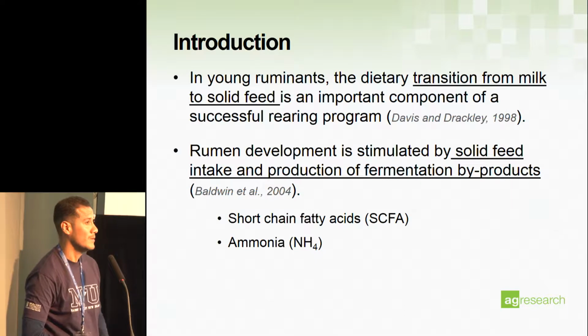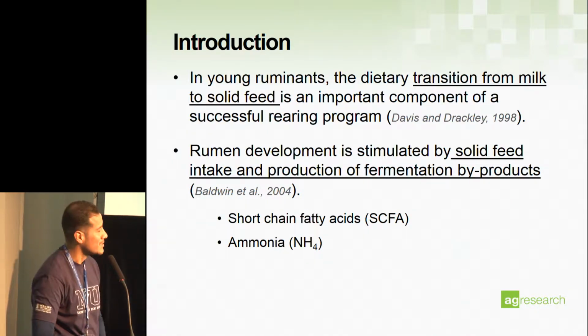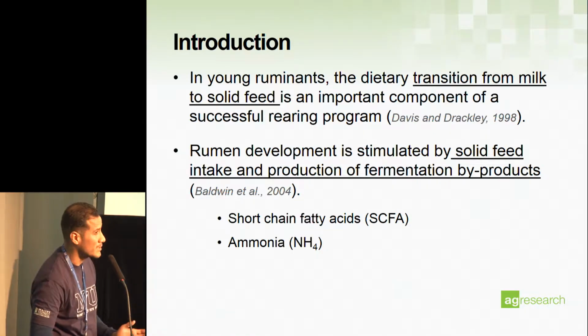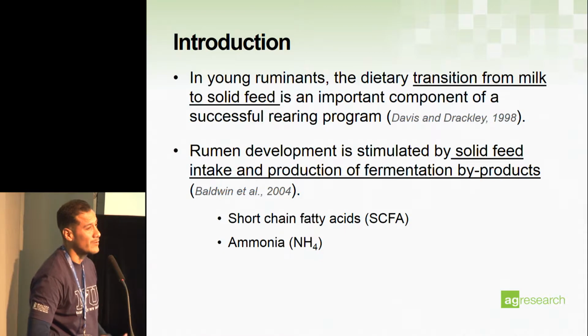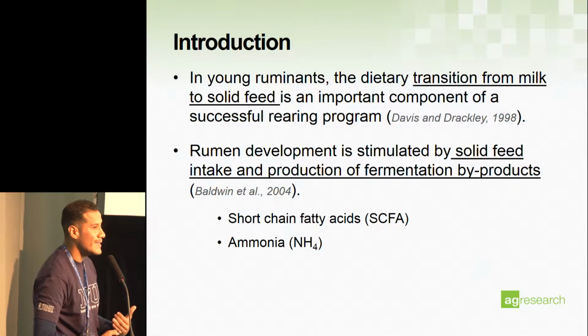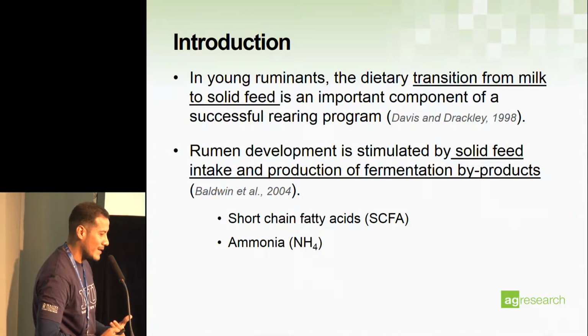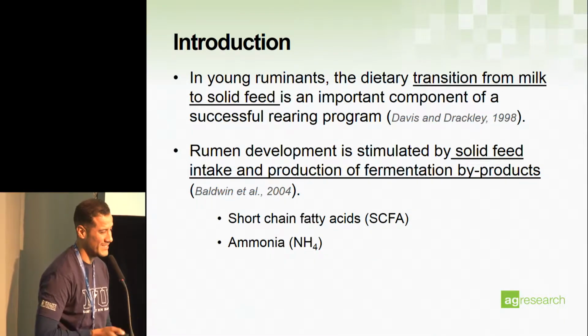The weaning process, the transition from milk to solid feed, is one of the most important stages during the rearing program, especially because it's the time where the lambs start